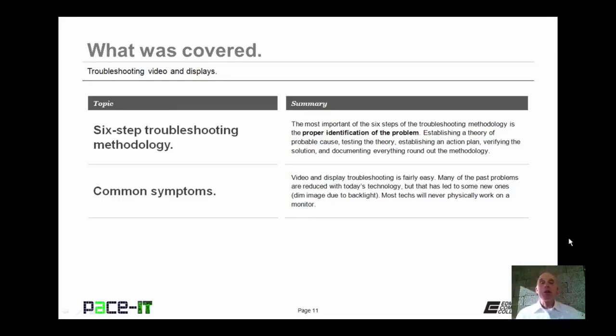We talked about the 6-step troubleshooting methodology of CompTIA and common symptoms of problems that might occur with video adapters